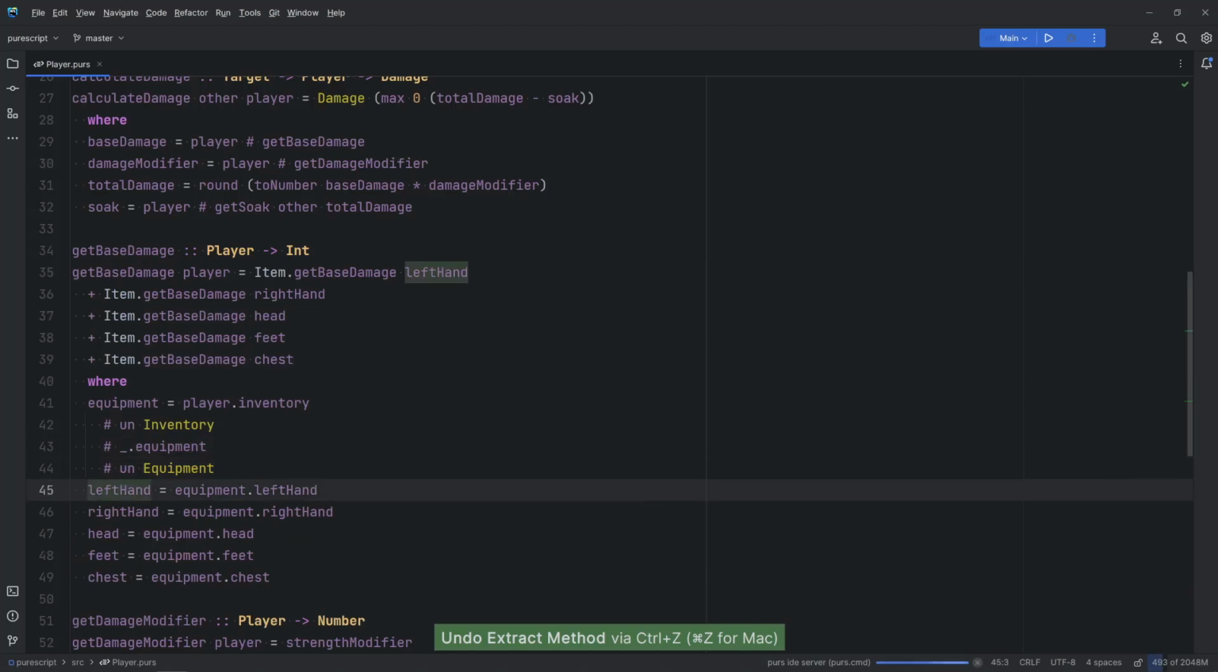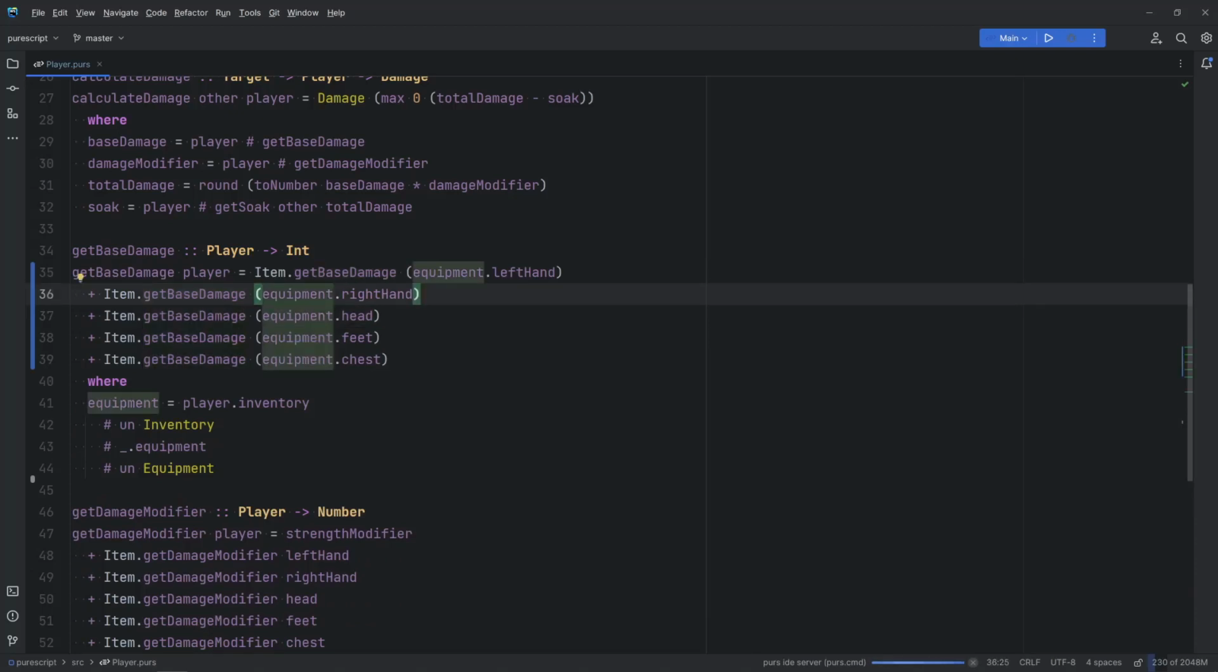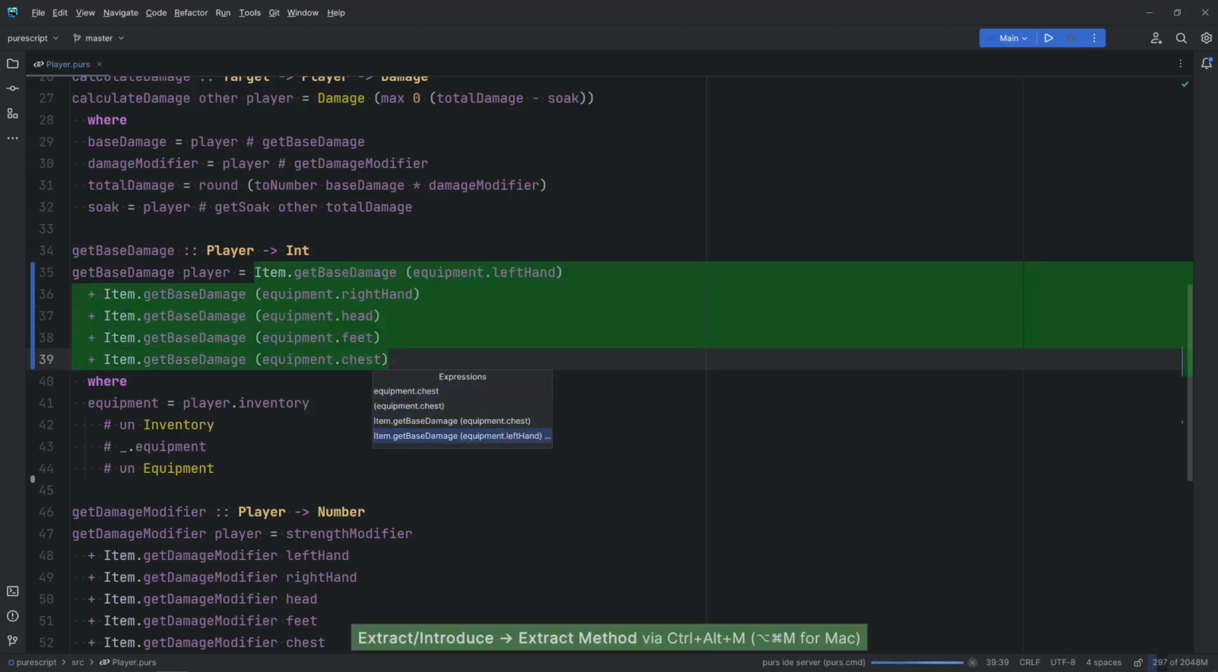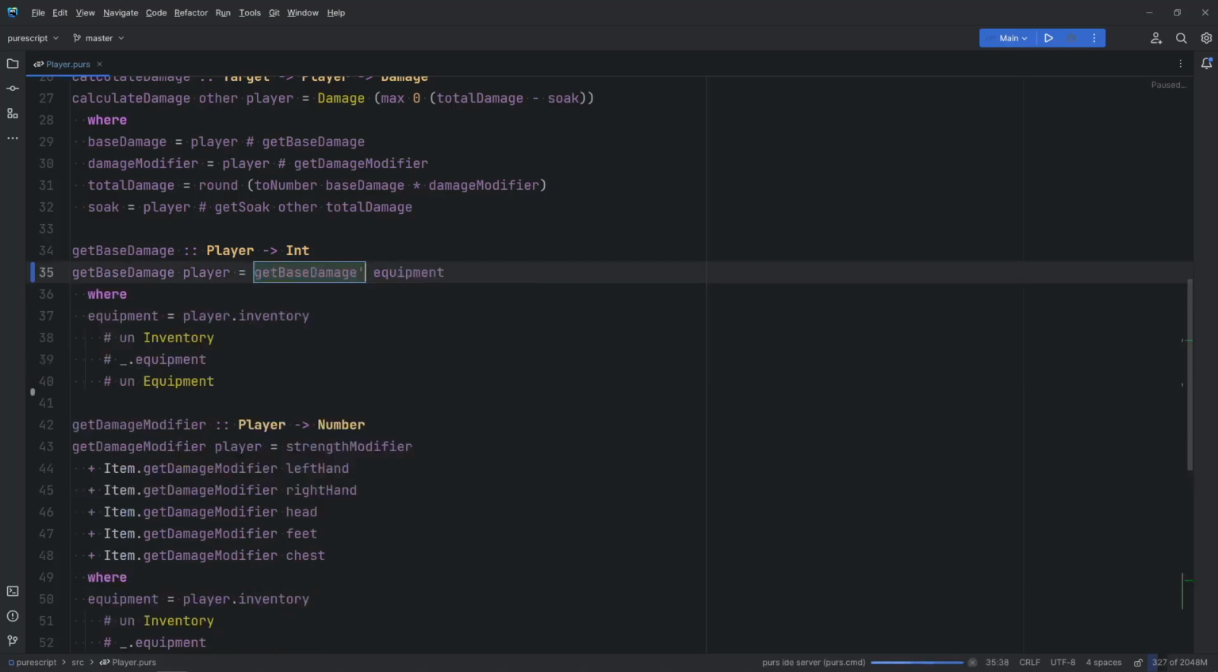So let's inline them again. We have some extra parentheses, and that's because the plugin currently hasn't figured out how access of records works. But there will probably be a fix by the time you try this out, and it will complain that we have parentheses we don't need, and you will be able to fix that. So let's select this now and extract that to the player and say get base damage from equipment